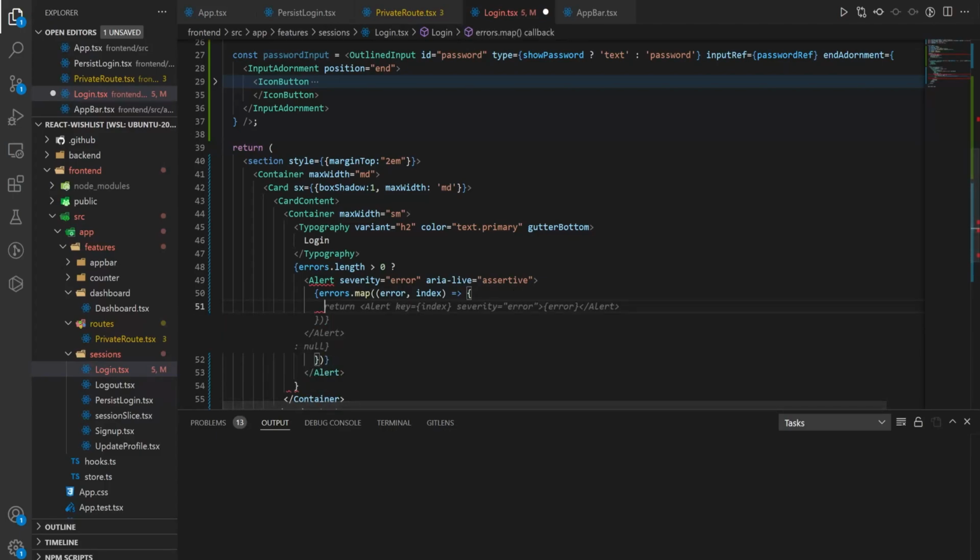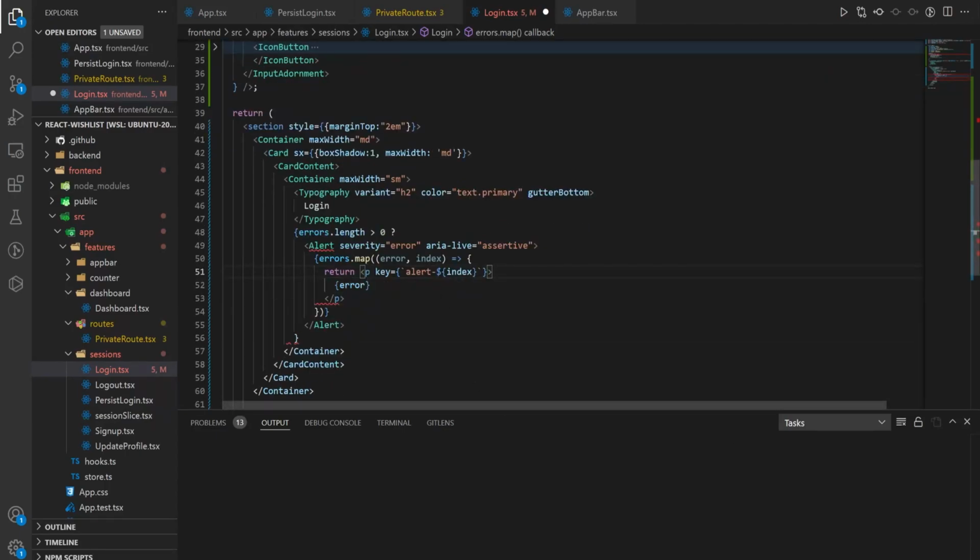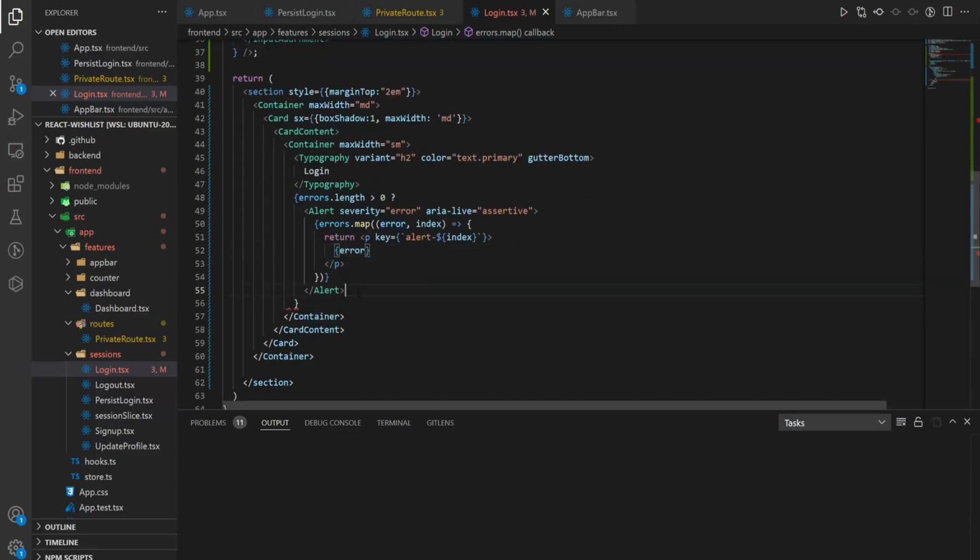For each of these, we want to return a p tag, and it's going to look like this. We have the p tag with a key set to alert-index. The index is right here, it's just our iterator. Inside of the actual alert, we have the error contents, which is just the string that's inside of the array. We then come down here where we have our alert, and if we're not greater than 0, so we're set to 0, we'll just return an HTML fragment. After that, we have a form